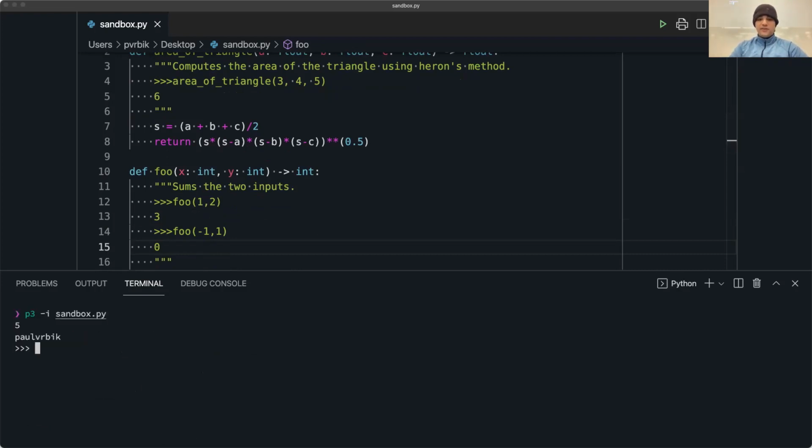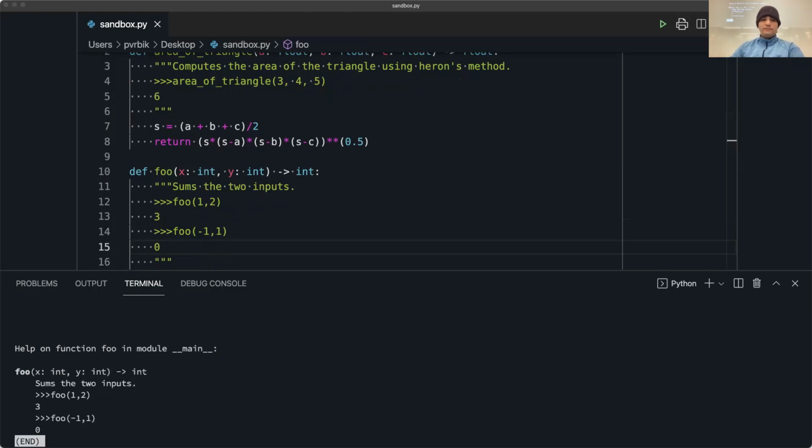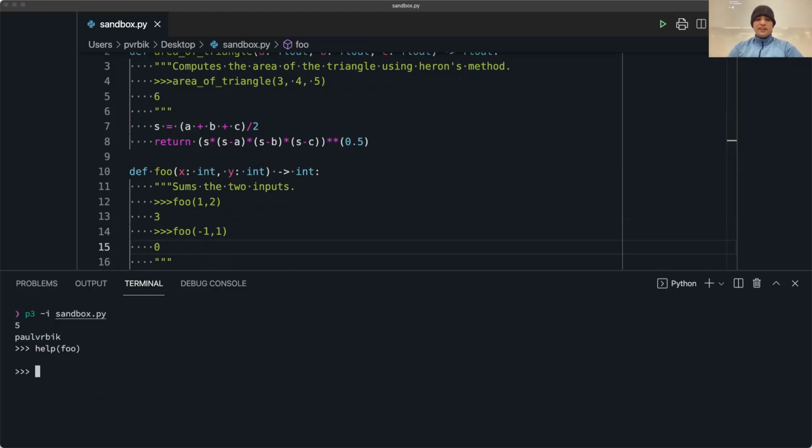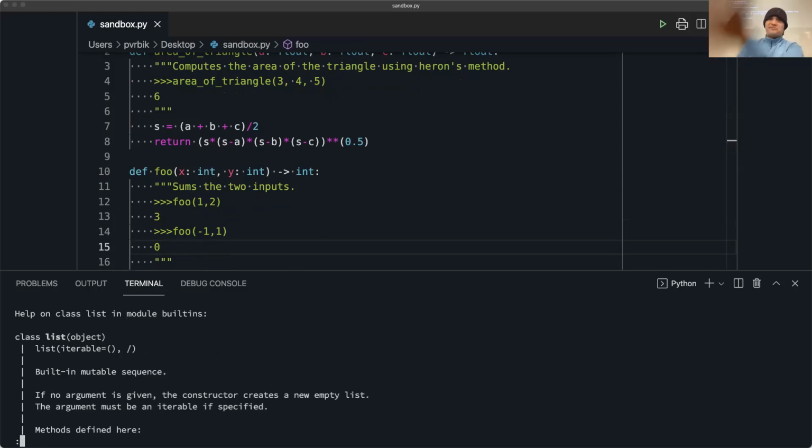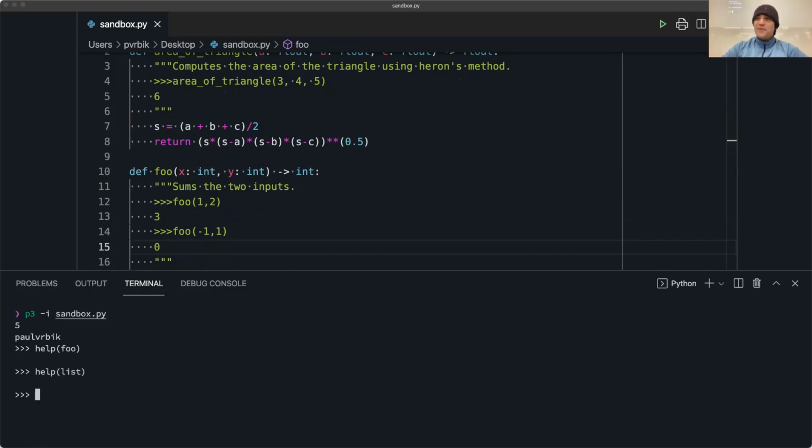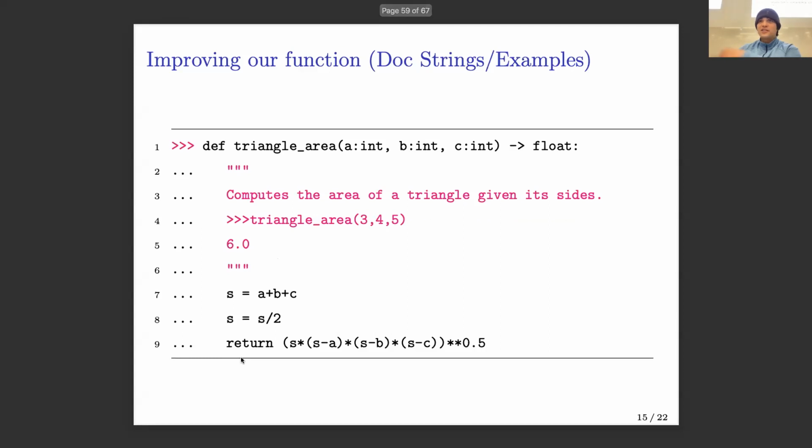So again, this will allow us to say help on foo and get some information. In fact, you can ask for help on many things in here. What's something that you guys should know? Help on lists, maybe? Anyways, you can always type help and get help along anything. Okay, so that's another way we can decorate our functions by putting in a little bit of extra description.